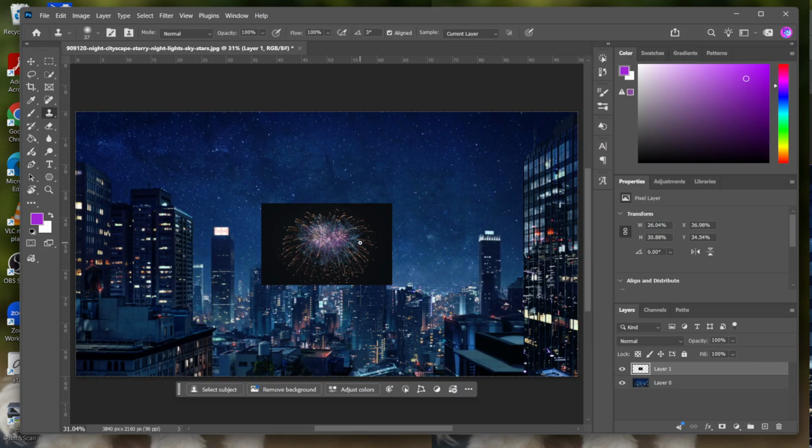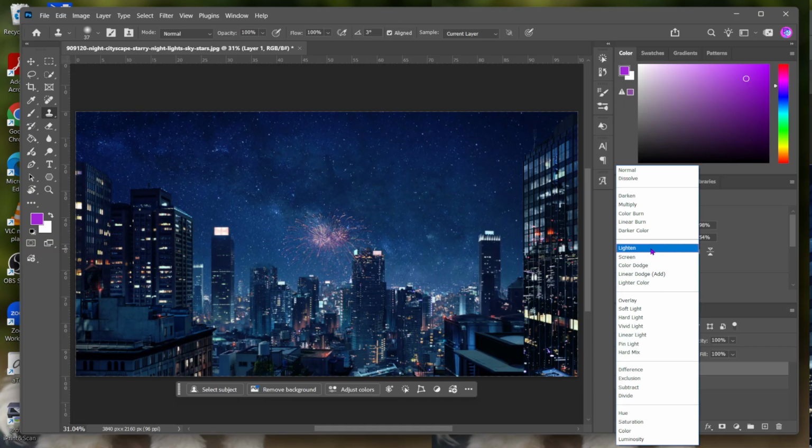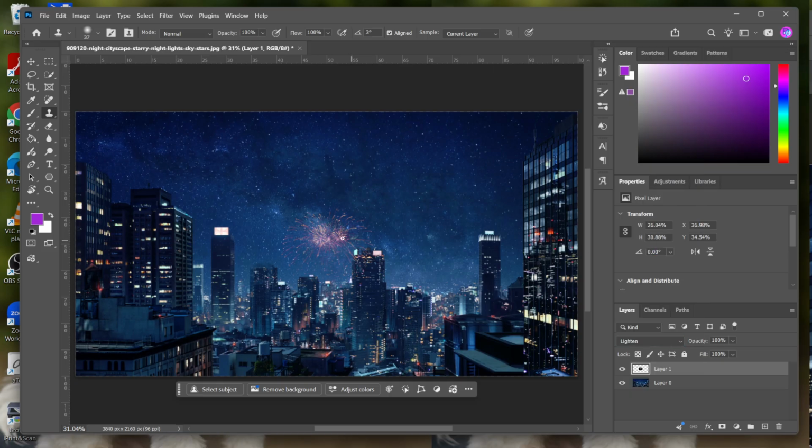Next, go over to the Layers panel and change the fireworks layer's blending mode to Lighten. This step is what really makes the effect work. The Lighten blending mode removes the dark background from the fireworks image and keeps only the bright light, color, and spark details visible. That means the fireworks will start blending naturally into your photo instead of looking like a cutout